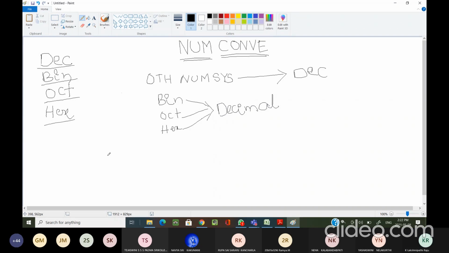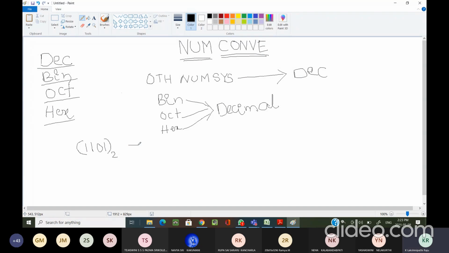Now, here I am considering one example, or you can tell me any random binary number. I can start with binary, octal as well as hexadecimal. One example we are going to take. Now tell me any binary number. Randomly you can take any binary number as an example. Can someone tell me? 1101. 1101 as a simple example, 1101 of base 2. Definitely you should say base 2.